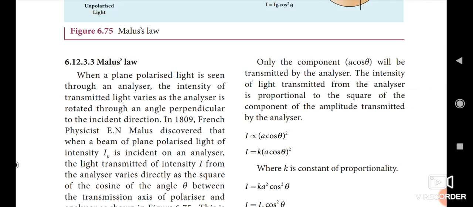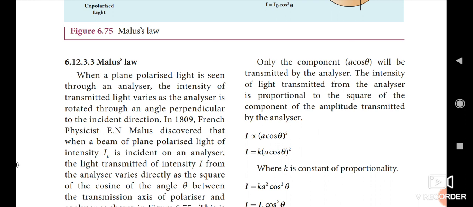In 1809, the French scientist Malus discovered that when a beam of plane polarized light of intensity, that plane polarized light has one intensity that is denoted as I naught, is incident on the analyzer,